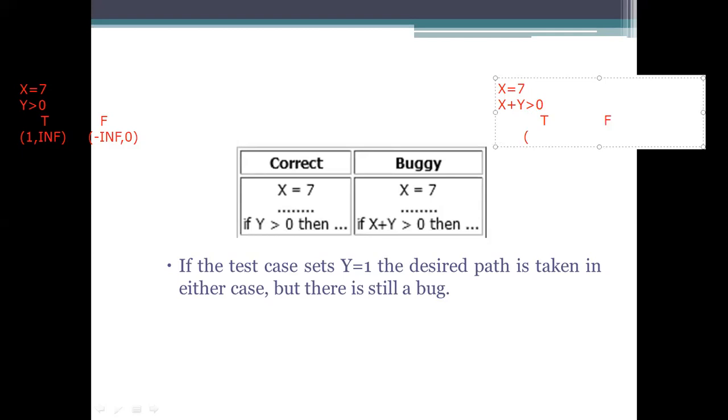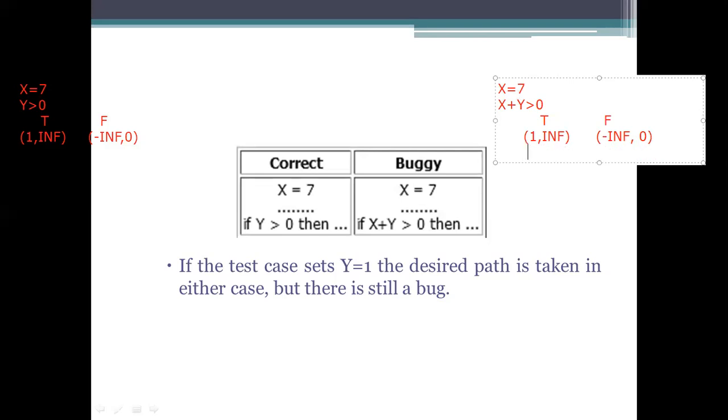But see whether it is actually taking 1 comma infinity or not. False can be minus infinity comma 0. Blindly we write these steps, but what you wrote is not the correct statement.